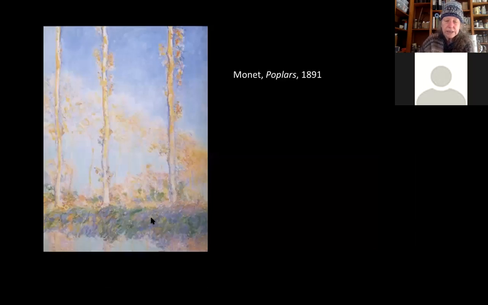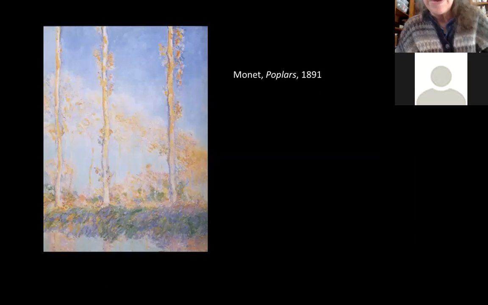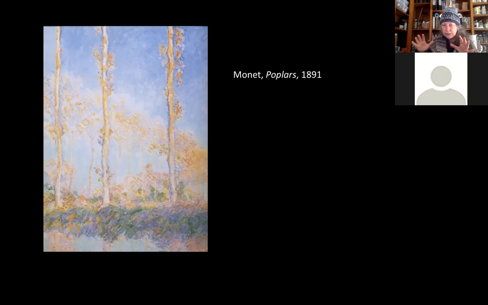Okay, so probably as the 19th century went on, Monet took this idea of momentary effects of light and color further and further. And sometimes he would work on more than one painting at a time, because he had all these places that he was working on his paintings. He did this series about poplars alongside a river, and he did them from a boat. Actually, he was in a boat floating.